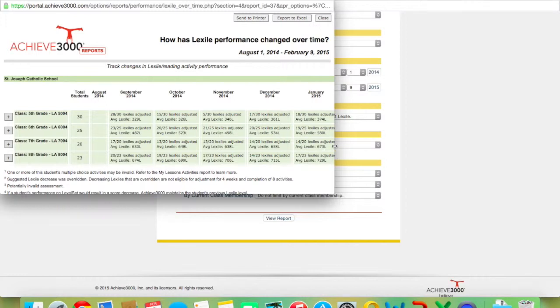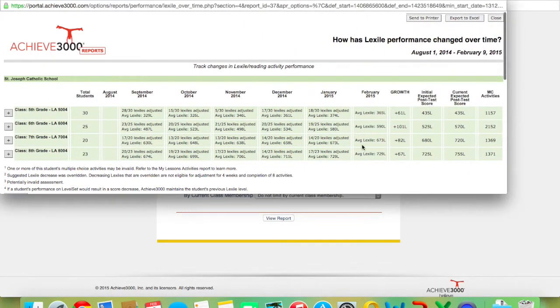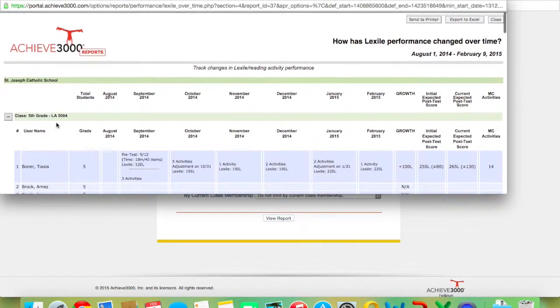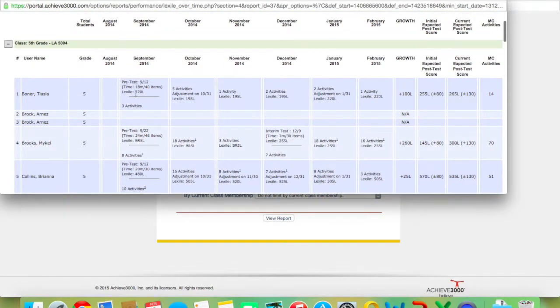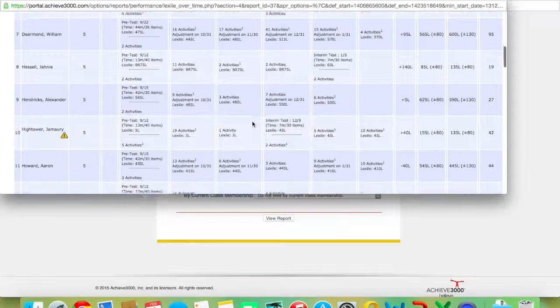Okay, then we can make this a little bit bigger. We'll go over here to 5th grade, minimize that down. The names already appear in alphabetical order, and it'll give us a Lexile score for September, for October, for November, and then all the way over here where we have growth, it'll tell us our overall growth, which has been 100 points. This scholar's gone up 100 points from the beginning. So she went from 120 all the way up to 220. So this is how to pull up a